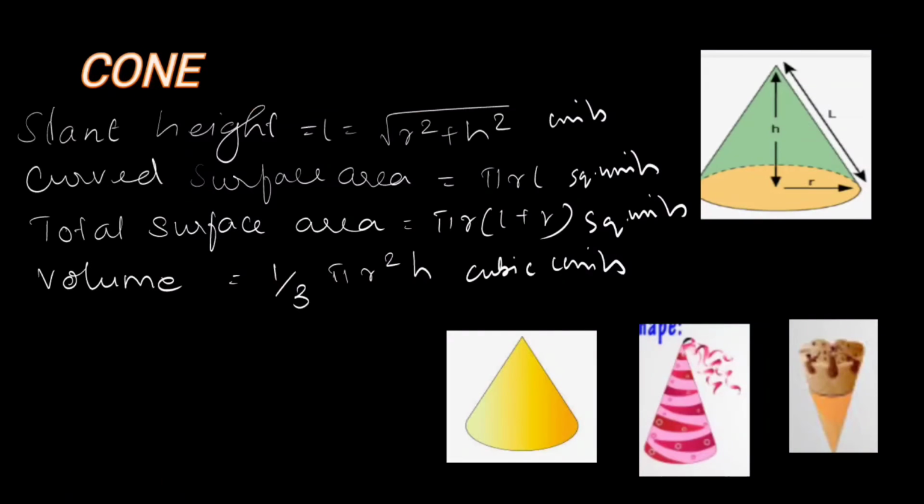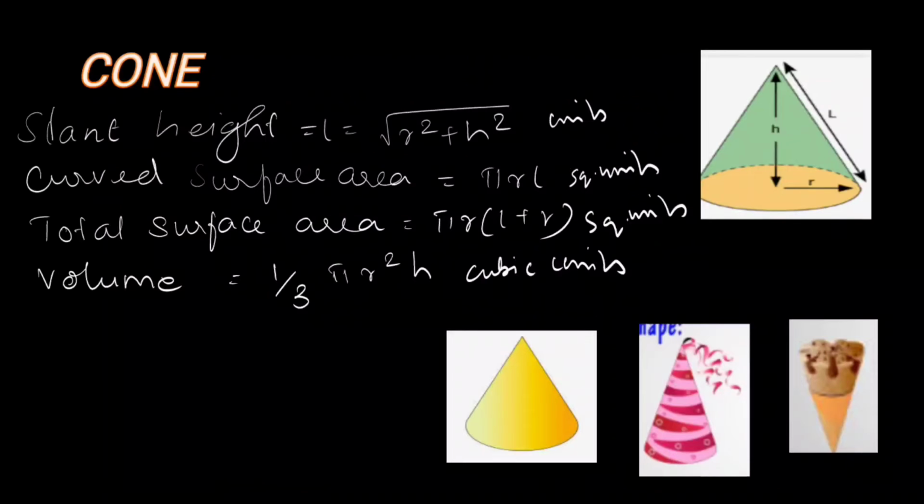Next, moving on to the cone. A cone is formed when a right angle triangle is taken, one side is fixed as an axis, and it is rotated to form this cone. Here there are three units. What are these three units? The slant height is the hypotenuse of the right angle triangle which is fixed on the axis and rotated. Slant height L is equal to root of r square plus h square. This is obviously from the Pythagoras theorem.